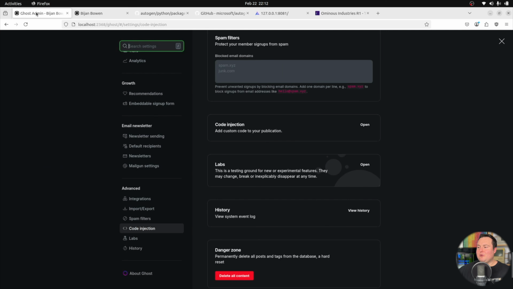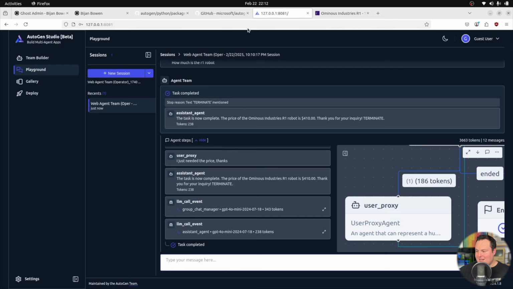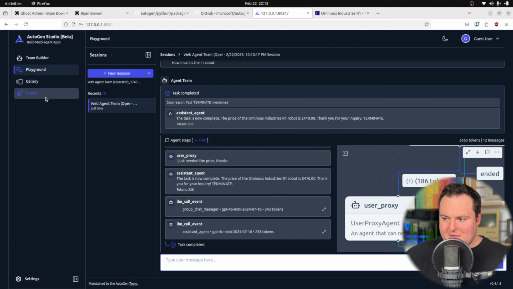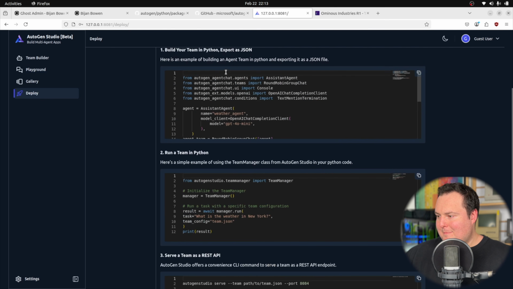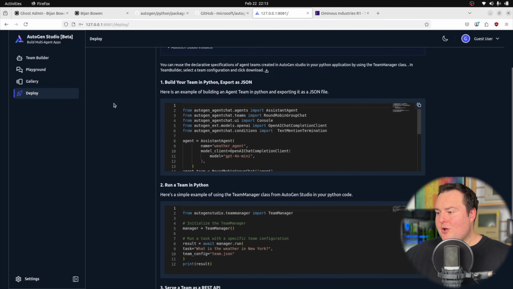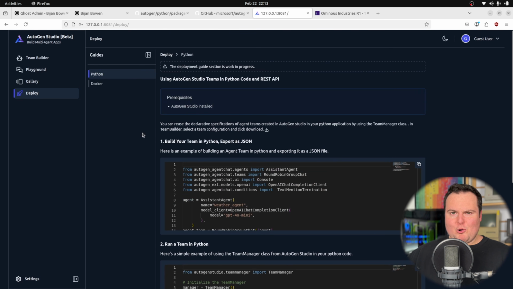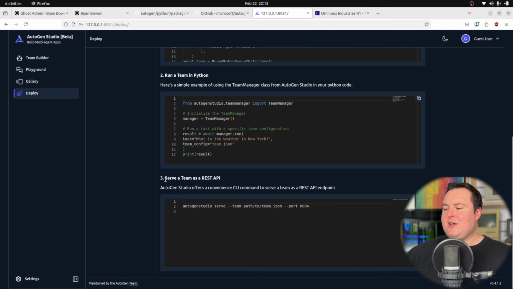And I am actually hosting it locally right here, so we can go ahead and edit this and then play with it. And that's exactly what we're going to do right now. So from the deployment tab here in AutoGen Studio, we can see that there are some instructions here, which unfortunately are a bit more programmatic and code related. However, if we scroll down to number 3, we can see that ideally we would be able to actually serve